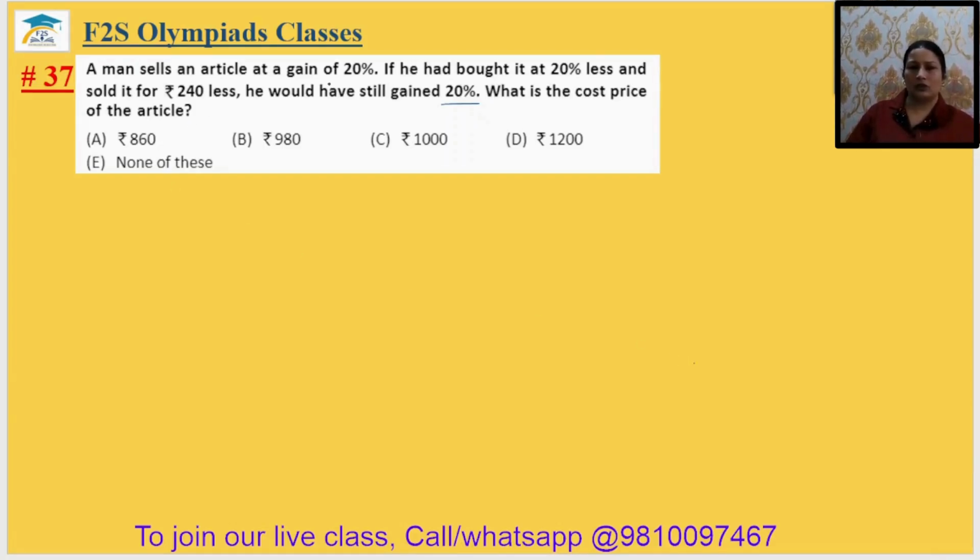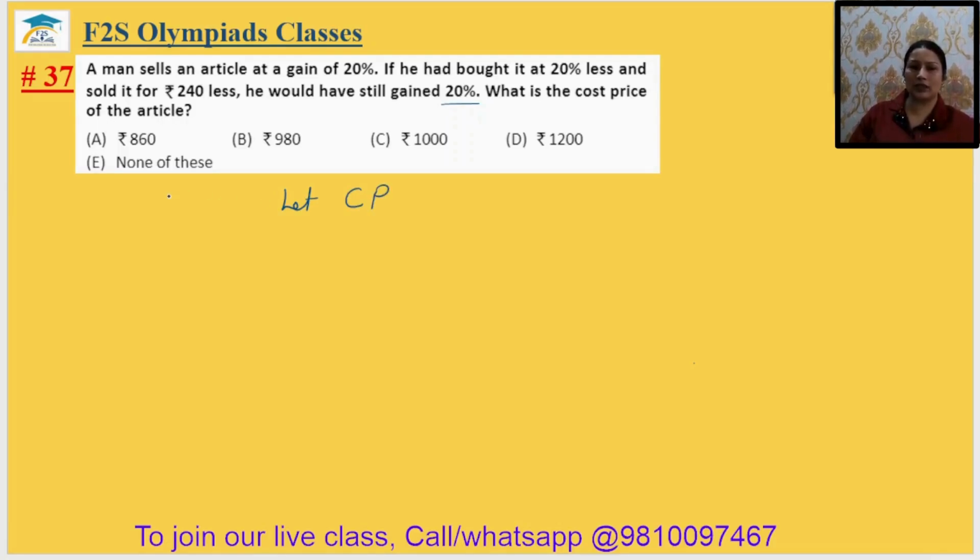Okay. So gain of 20% and he bought at 20% less. Suppose if the article's price is 100 rupees, so he bought it at 80 rupees. ठीक है, अगर वो उसका 100 रुपीज था तो उसने उसको 0.8 पे,